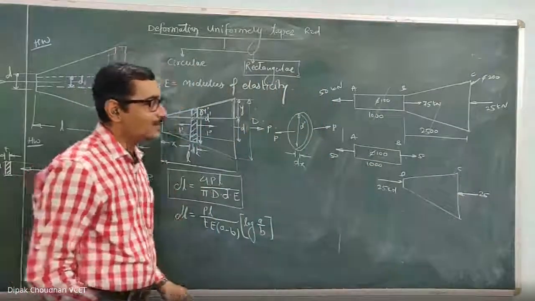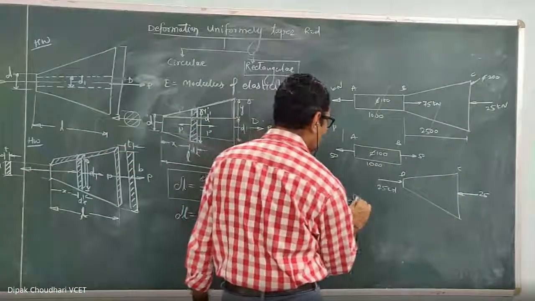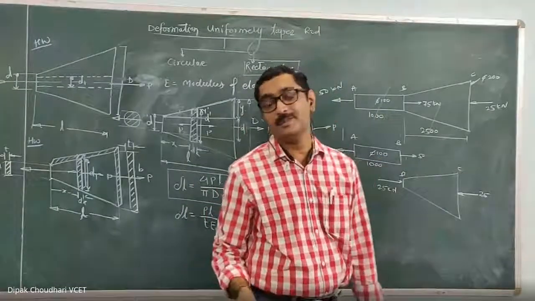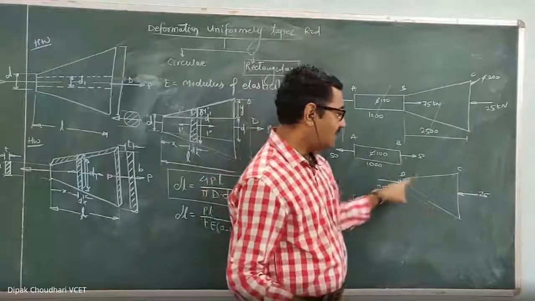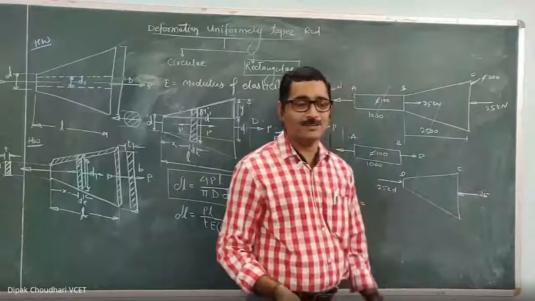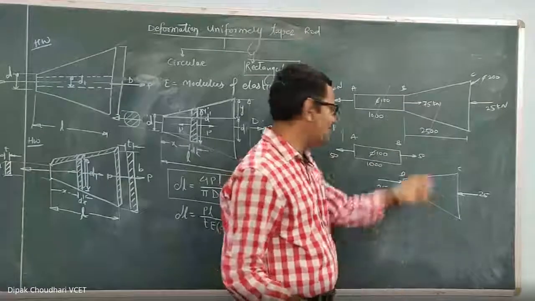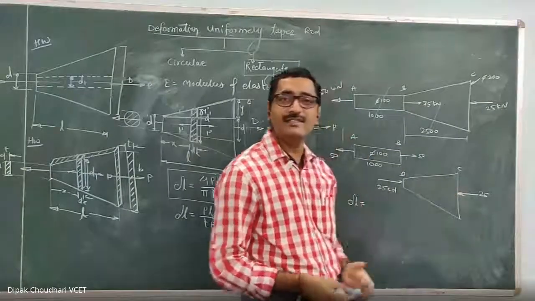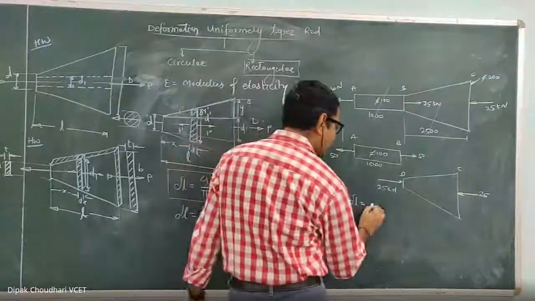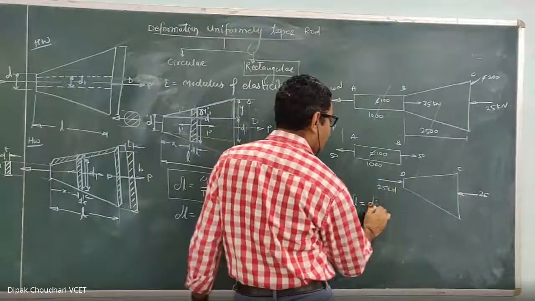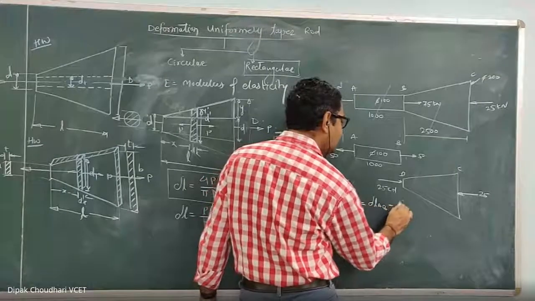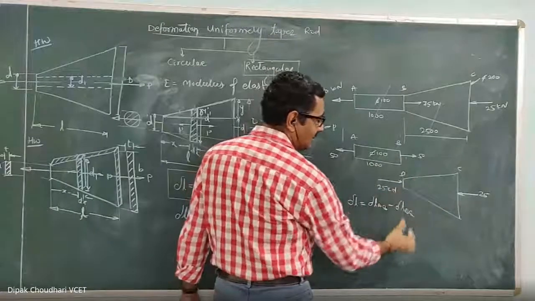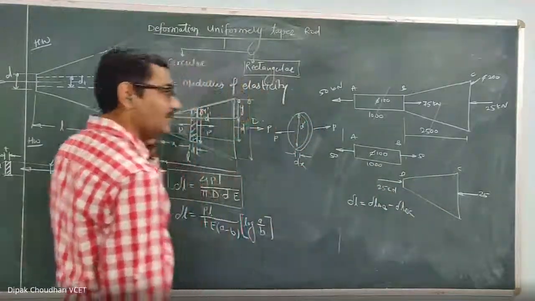So you have to find out the total deformation. Here total deformation is equal to the algebraic summation of the deformation of this part plus this part, by the principle of superposition. But you will observe that this part BC is subjected to compressive force and this part is subjected to tensile force. Because of the tensile axial force there will be an increase in length, and here there will be a decrease in length. So to get the total deformation I will write delta L of AB minus delta L of BC. Here elongation is taken positive, compression negative, so that we get the final deformation.